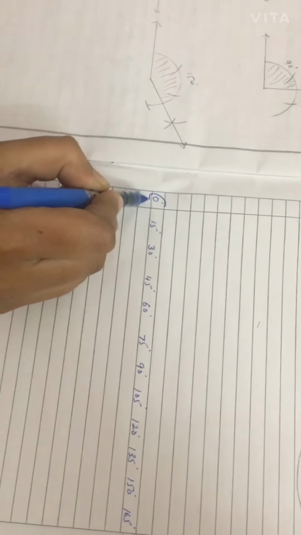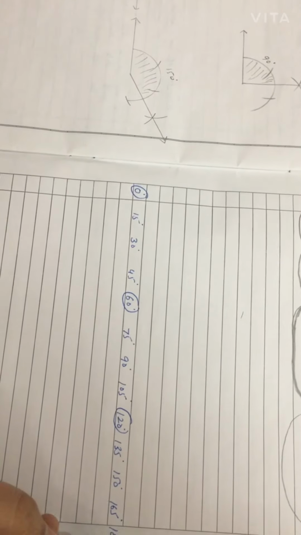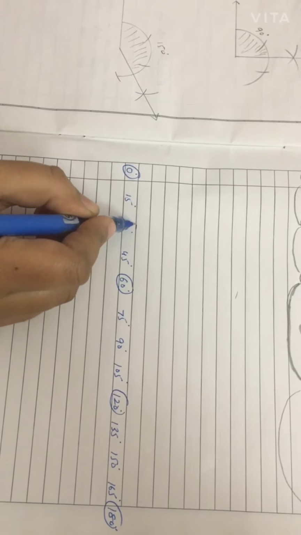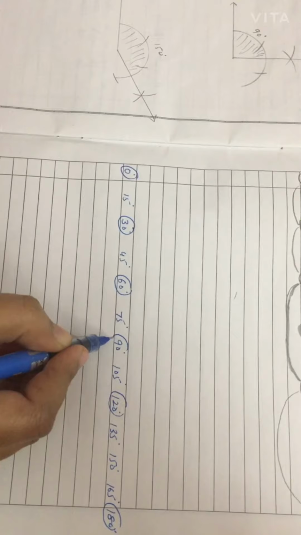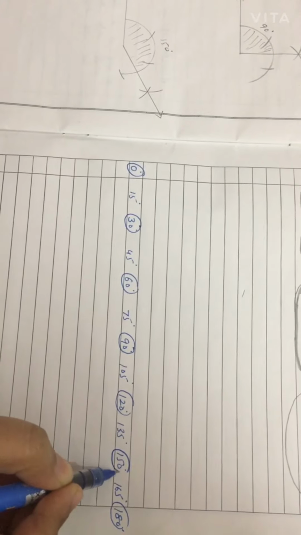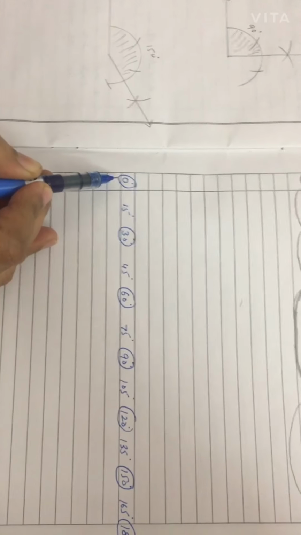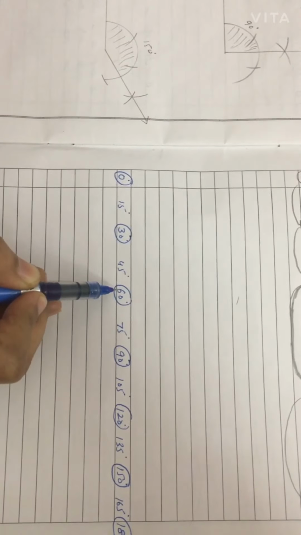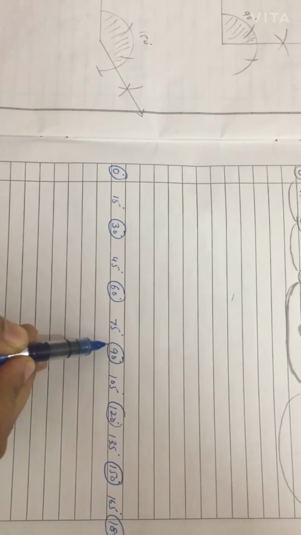Students, we have learnt this 0 degree. We have seen how to construct 60, then we learnt 120 and then 180. Then exactly between 0 and 60 we have seen what can be constructed, 30. Between 60 and 120 we have learnt how to construct 90, and between 120 and 180 we have seen how to construct 150. Now you can observe, if we want to construct 15, then we will use 0 and 30. If we want to construct 45, we will use 30 and 60. Same before, if we want to construct 75, then 60, 90, like this.